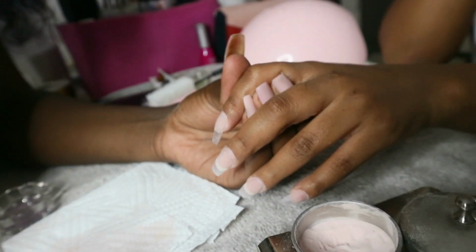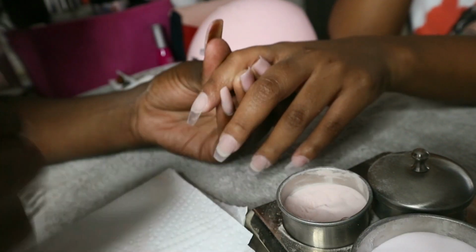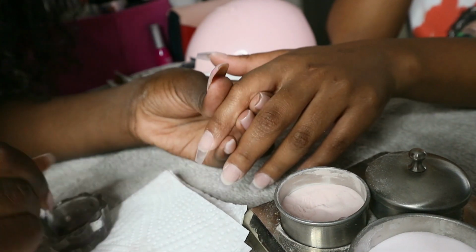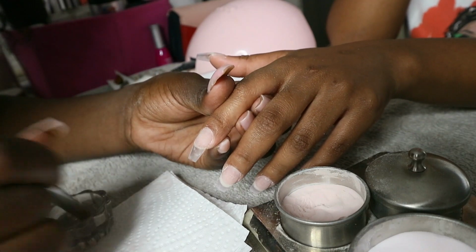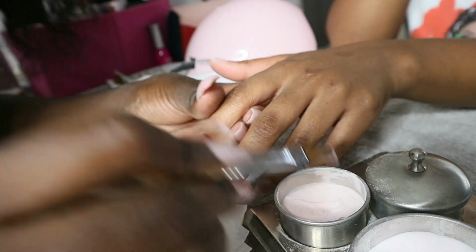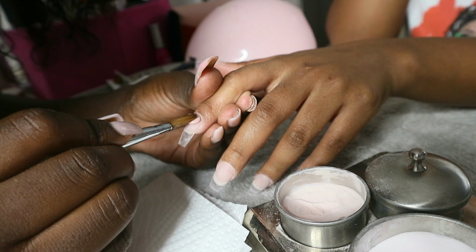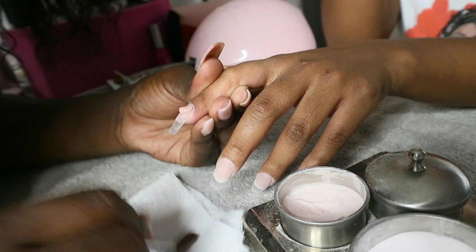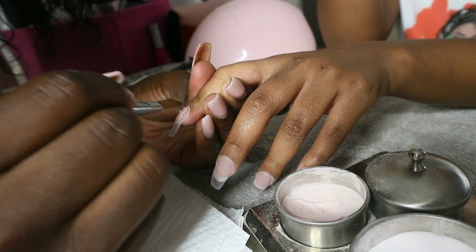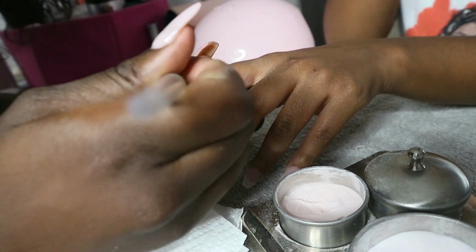So now, I wish I had shown you guys that picture, but anyway, once we are done with filing, I'm going to do another thin layer of cover pink acrylic. We're just going to build a nail bed. We just wanted it a bit pinker. She has a cool nail bed, but it's going to be nicer with the cover pink. It's from Planet Nails, by the way. Most of the things I use here are from Planet Nails. So I'm just going to apply a thin layer of that,